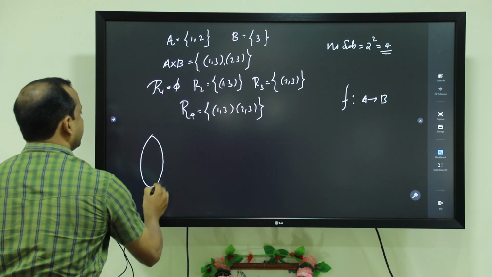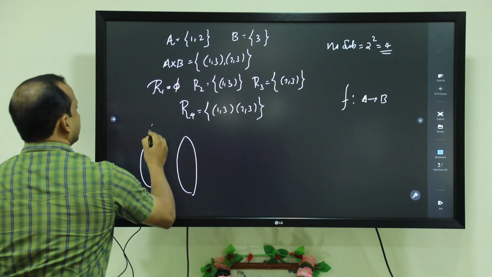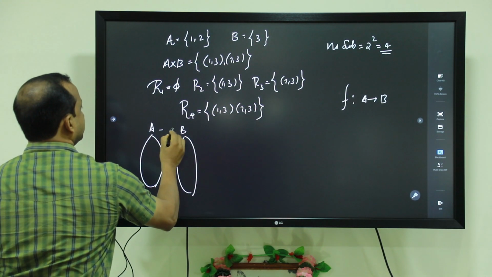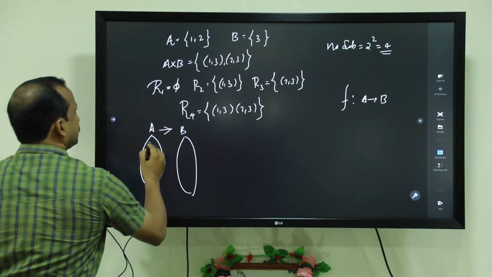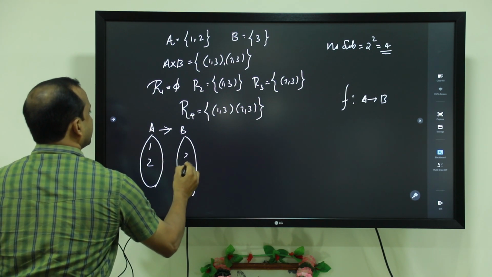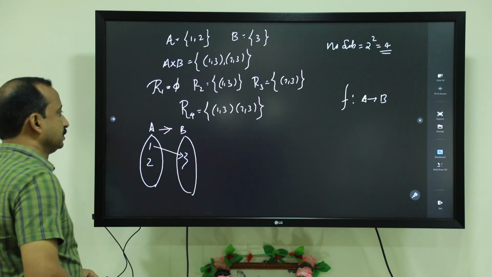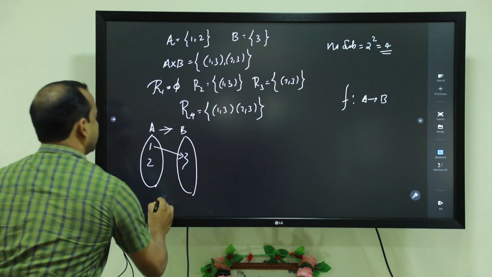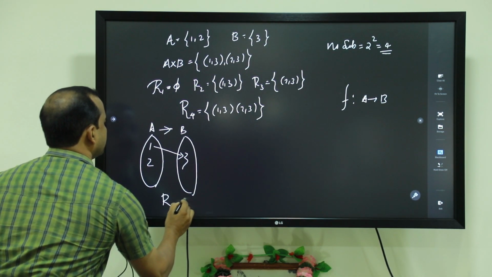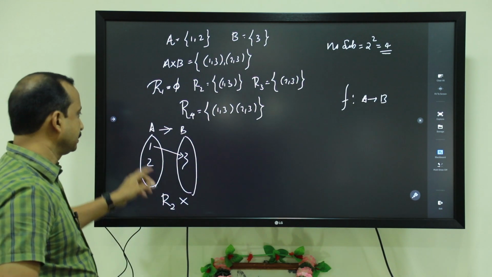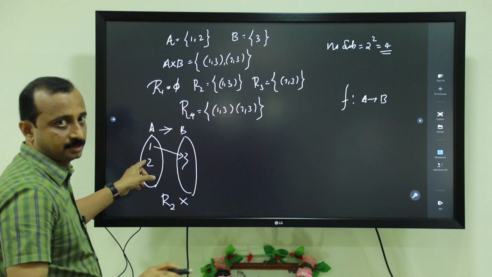First of all we form an arrow diagram. First set is A, second set is B. The first set contains the elements 1, 2, the second set is 3. Now the image of 1 is 3. Clearly R2 is not a function because the element 2 has no image.